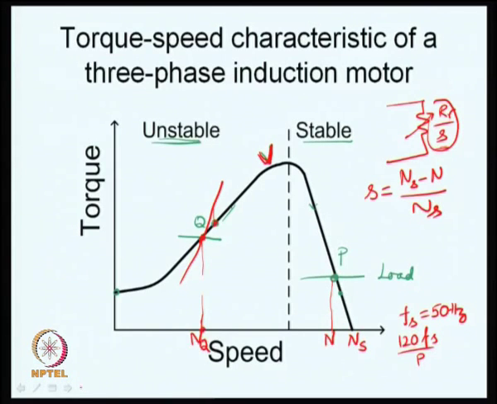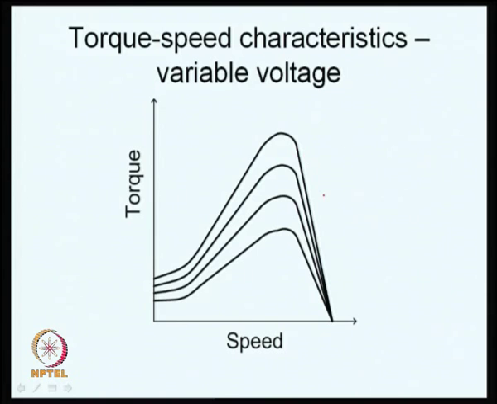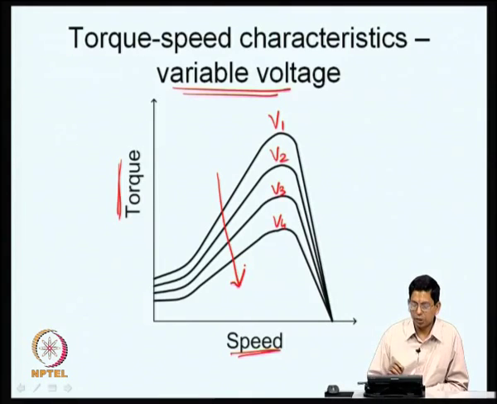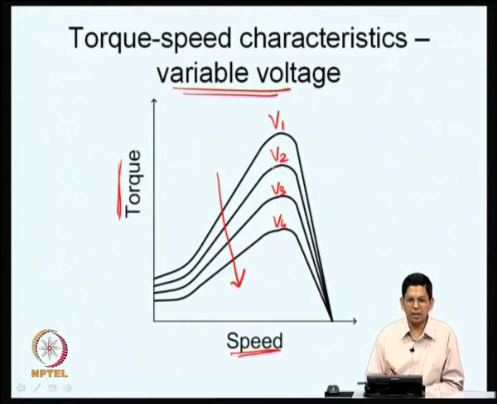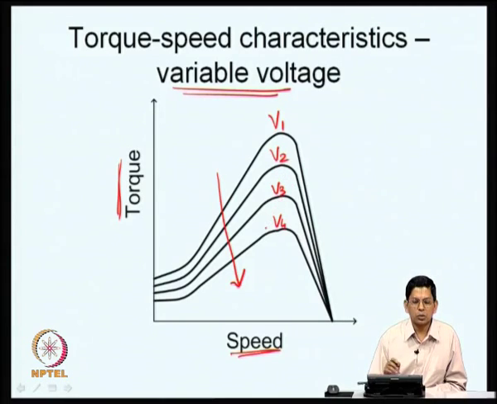Let us first vary the stator applied voltage. So, now this is the torque speed characteristic with variable voltage. We are still looking at the same torque versus speed, but the voltage is now varied. This can be some voltage V1, this is some voltage V2, V3, and the voltage is decreasing in this direction. If you reduce the voltage, the peak value of the torque speed characteristic really comes down. You might already know this very well. If you do not know, you can verify this very easily. You can also verify it from the equivalent circuit of the induction motor. So, it comes down and V3 goes lower and lower now. Okay. So, this is also possible.